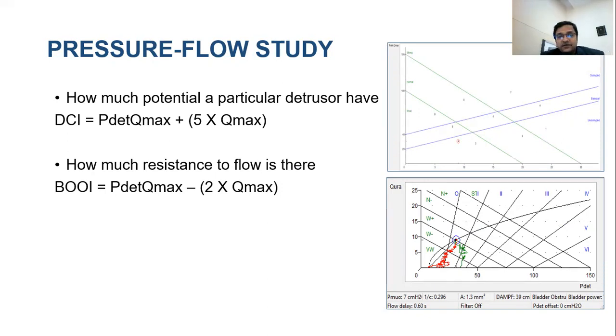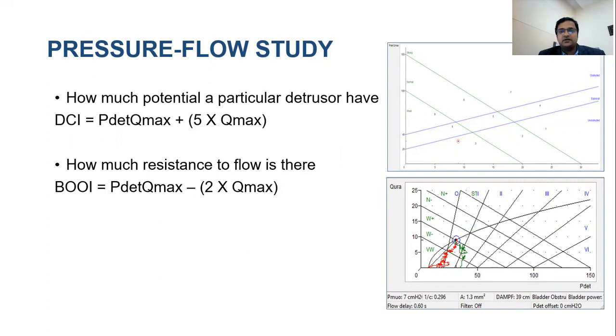or without an obstruction? In adults, particularly males, it has been defined as the detrusor contractility index, with the formula given on the screen. The other parameter which this pressure flow study tells you is how much the obstruction is, meaning how much the resistance to flow is, which is given as the bladder outlet obstruction index. These two graphs, the top one ICS and the bottom one Schaefer nomogram, are of great importance when analyzing